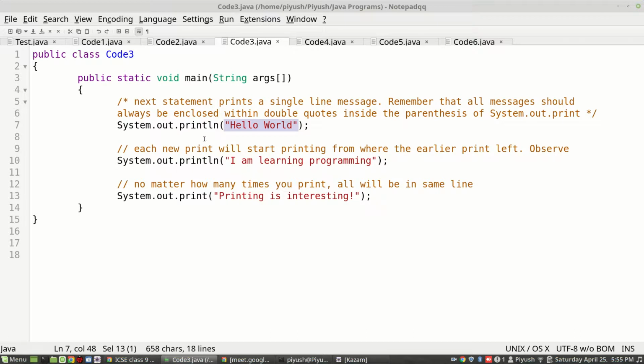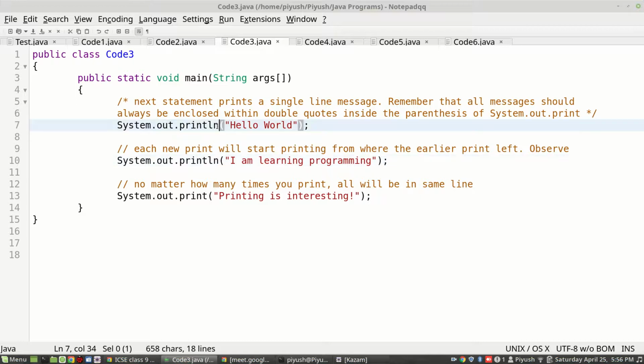Then it will change line. After that, its work is done. Then the computer will go to the next line, which is a comment. It will ignore that. Then it will go to the next line, and it will find again system.out.println. So wherever the last system.out statement left off, it will start printing from there.